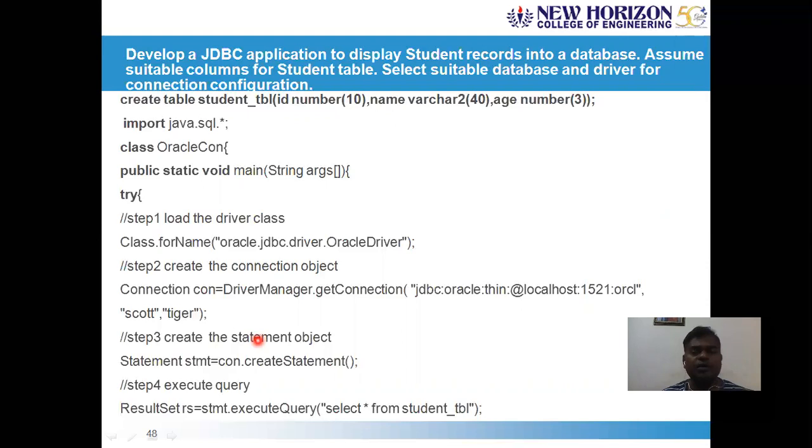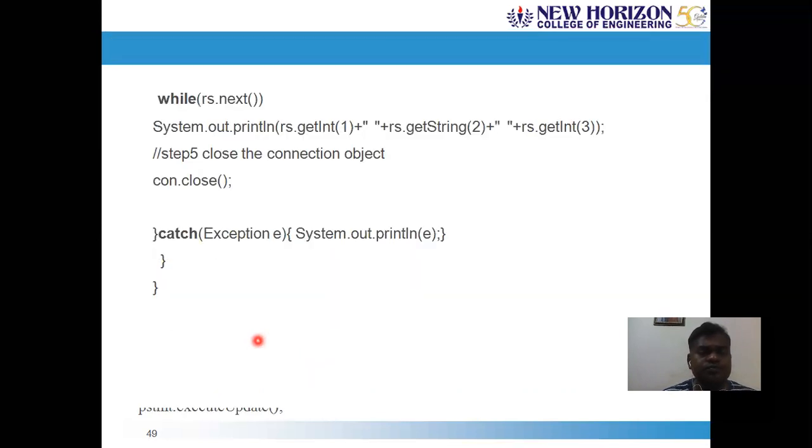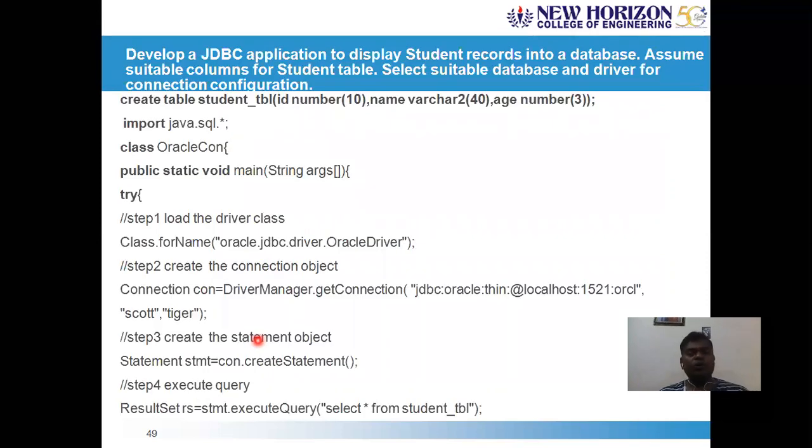So let us look at this programming example. In this example, I am trying to create a table, create table student_TBL with these attributes. The attribute names are ID of a student, a number of width 10, name varchar2 of width 40, and age number of size 3.